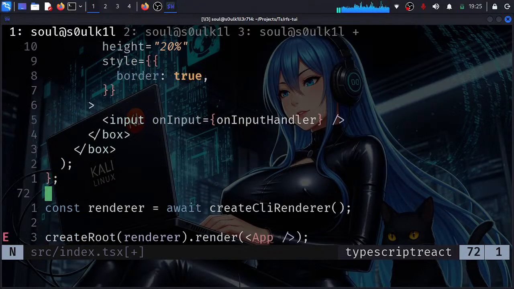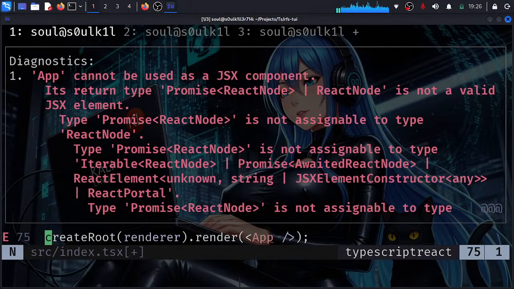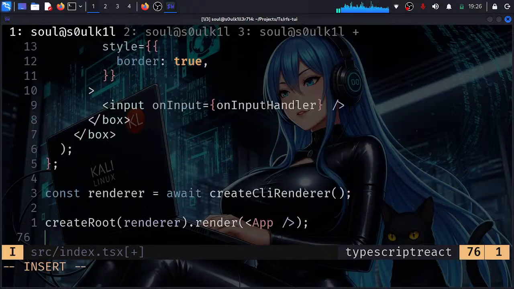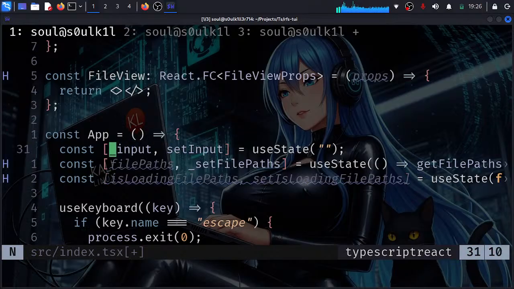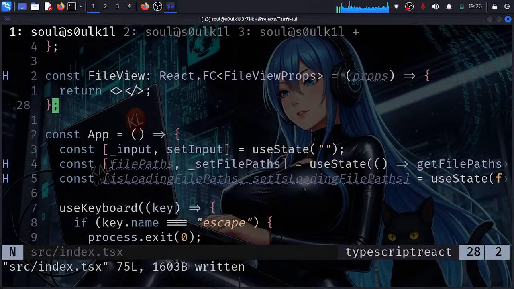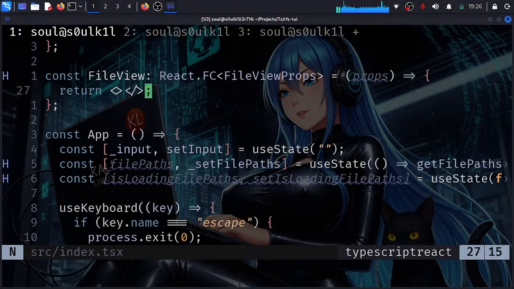What the fuck? Promise. Its return type is okay. All right, but if you don't need it, no, I'm not gonna add it. I believe there is. See, I'm going TSGO compiler, so it's not going to be perfect, but it's fine. What I mean to say is that this is just a